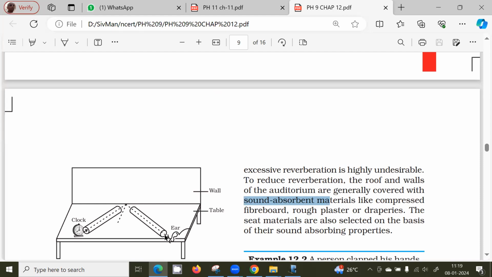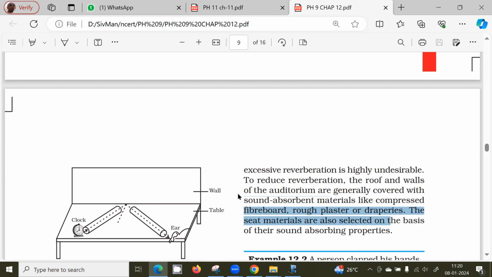Same thing. If the mirror is good, whatever light is coming from the source, all the light will get reflected. But suppose the mirror is not clean, suppose dust is there on the mirror, then the amount of light coming back is less, right? Yes, sir. Similarly for sound, the reflecting property of the material matters. If it's a hard wall, then 100% of the sound will get reflected. But suppose you want to remove this echo, if it's a nuisance, then you make this material something different, like this fiberboard, so that most of the sound is getting absorbed by the wall, and only a part is getting reflected.